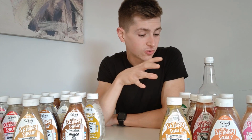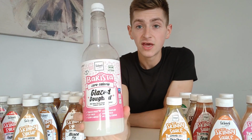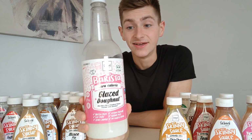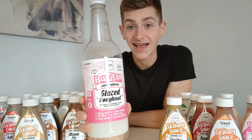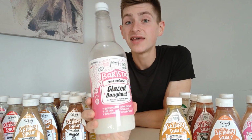Now we are onto the sauces, and we've also got the Barista syrup. So just quickly to knock this one out of the way, because there's only one of them. The glazed donut Barista syrup is amazing. Literally, it tastes and smells exactly like a glazed donut. When you just take the cap off and